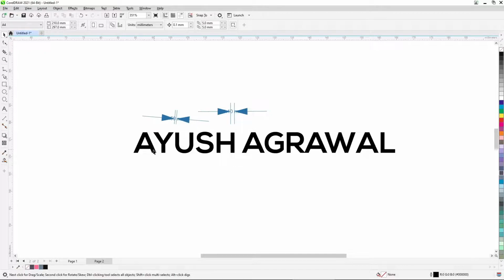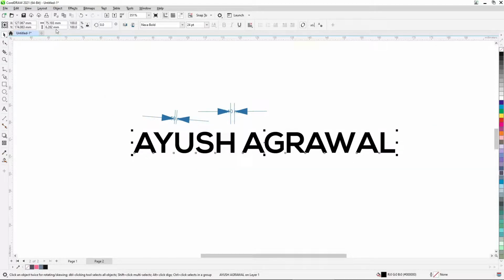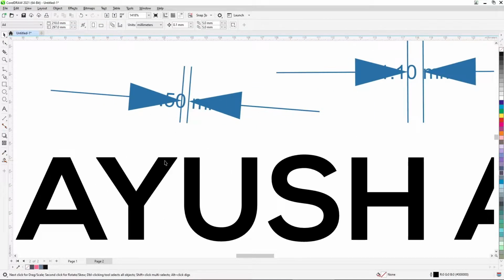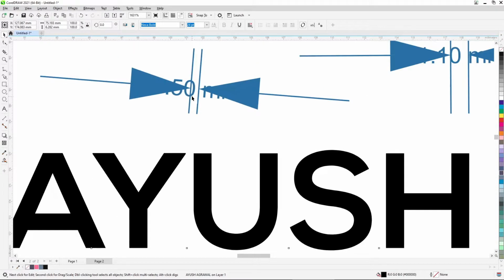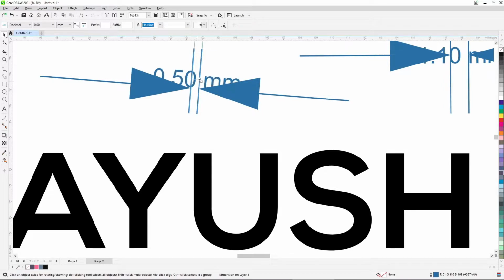First of all, the entire length of this logo is 2.96 inches or 75.193 millimeters, and the height is 6.282 millimeters. Now if we focus on this region, the space between where the Y is ending and where the U is starting, this is only 0.5 millimeters.